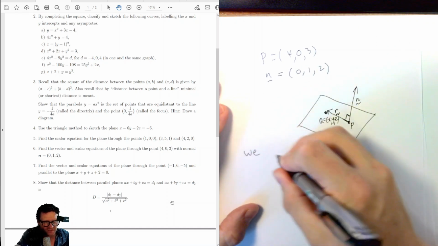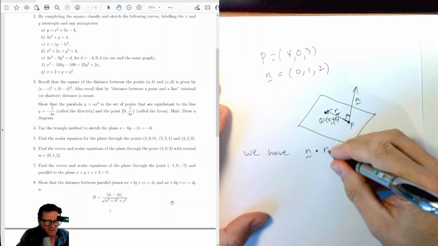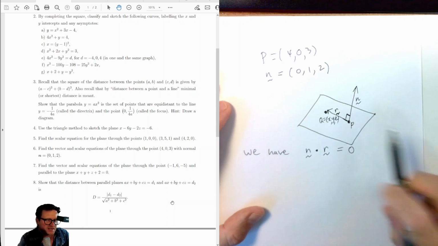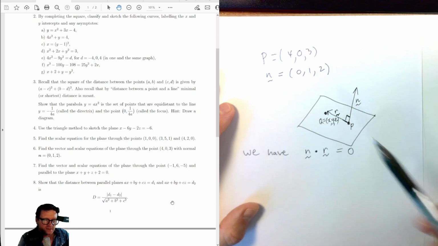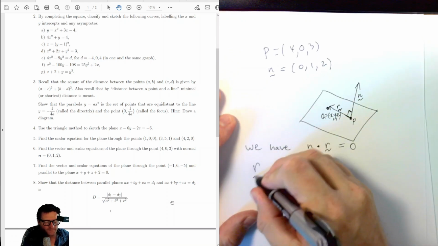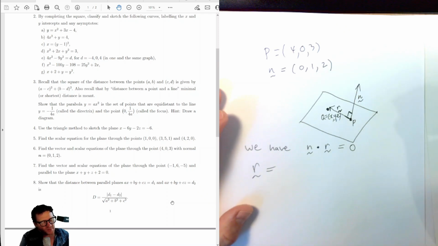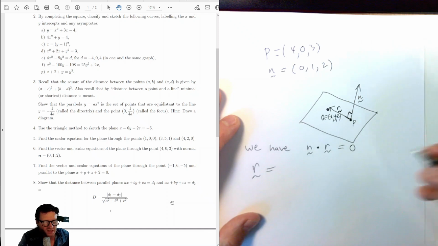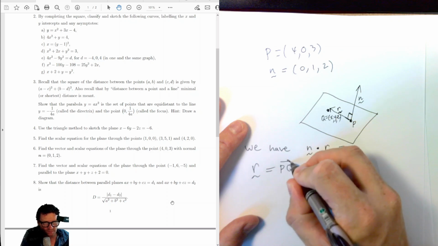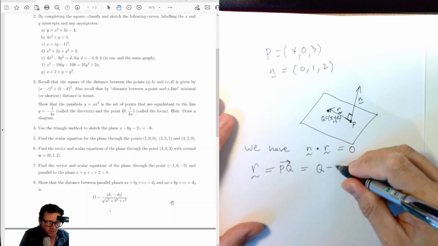So what we have then is that the dot product of n and r is equal to 0, right? So that's by definition of the normal vector, and since we've taken r to be parallel to that plane. All right, now r is equal to, let's see, it's the coordinates of p minus the coordinates of q, but let's put pq, right? And remember, we reversed this. I said that the wrong way, but q minus p,